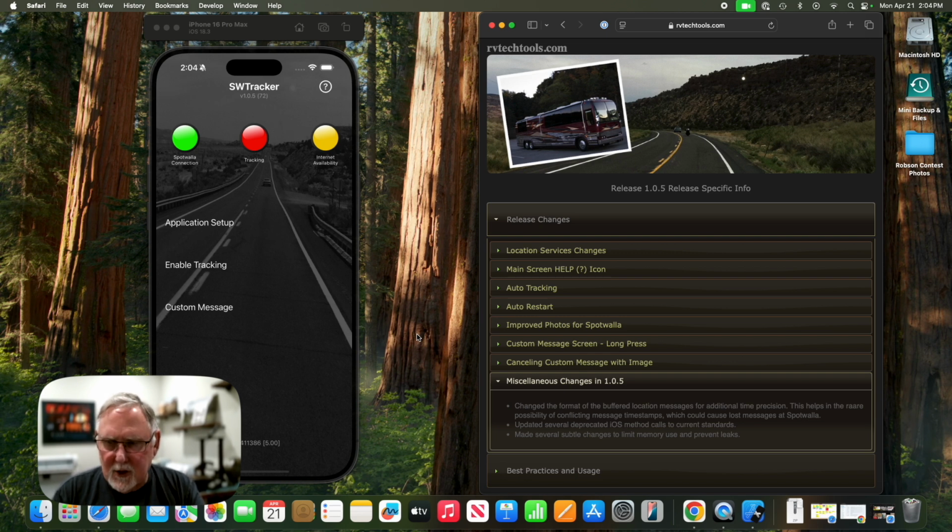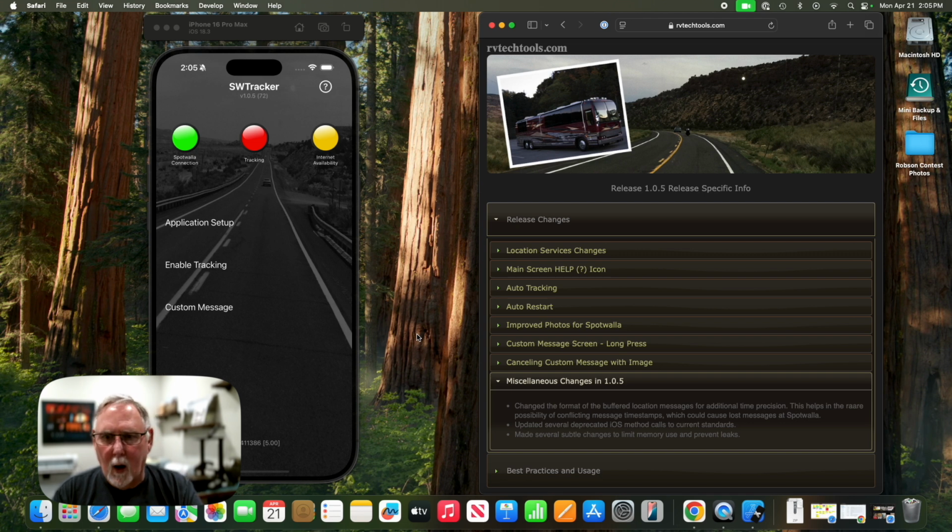So I've changed the precision of the name of these location messages, so that there is no way that they're going to end up conflicting with each other. They now will prevent any type of overlap,